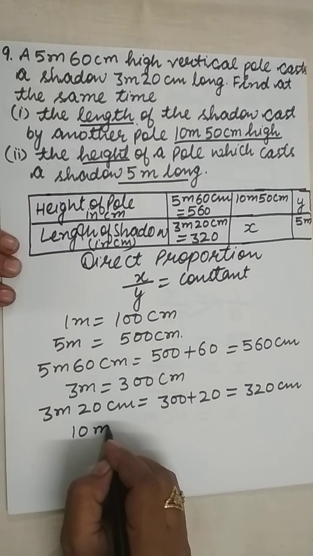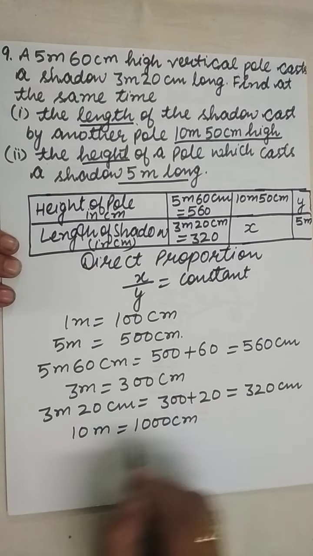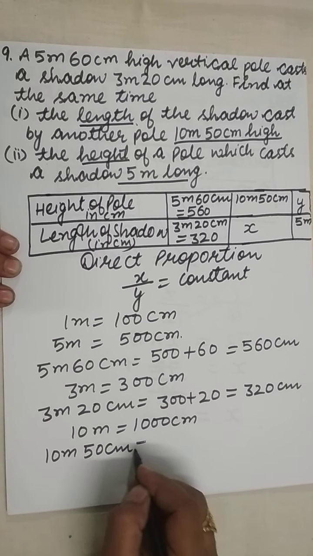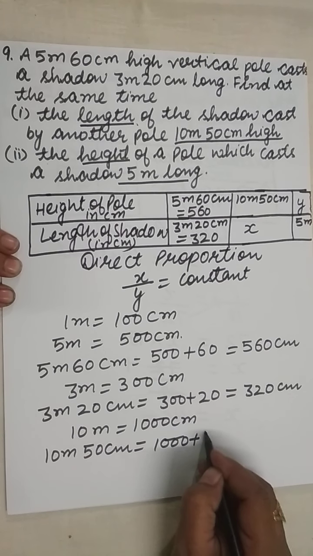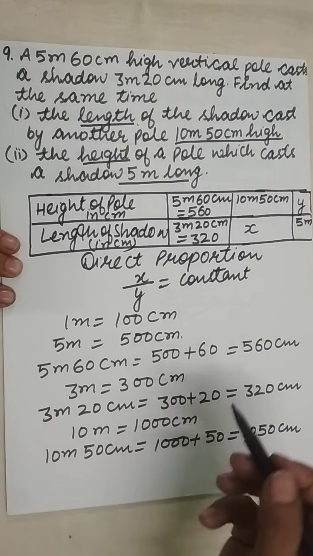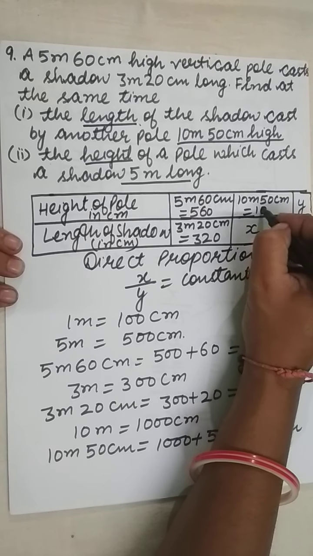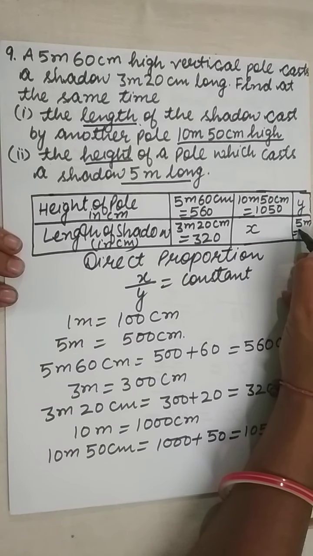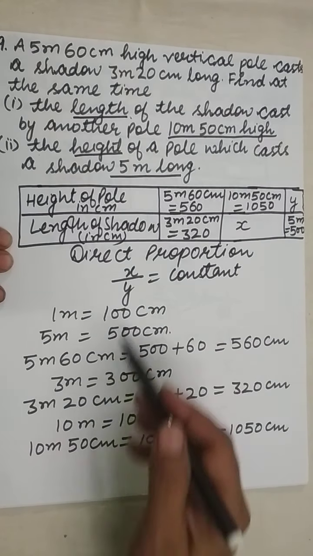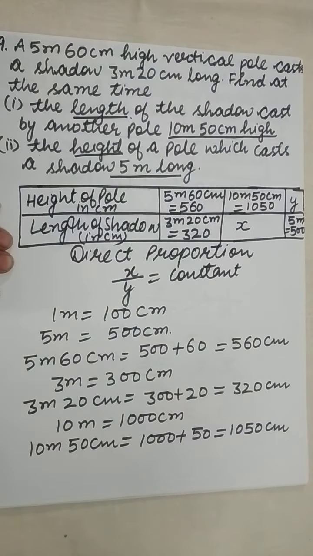Now 10 meters will be equal to 10 multiplied by 100, that is 1000 centimeters, or we can say that 10 meter 50 centimeter is equal to 1000 plus 50, which is equal to 1050 centimeters. Similarly, 5 meter is equal to 500 centimeters. So now as we have done all the conversions and we know that the question is in direct proportion,